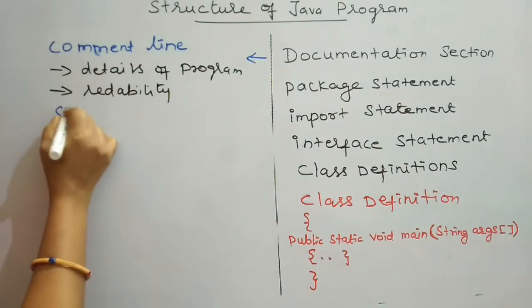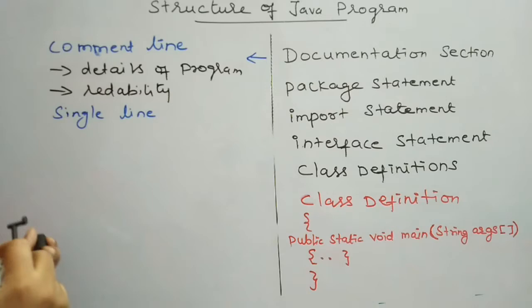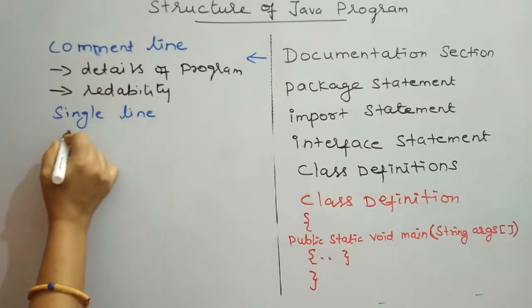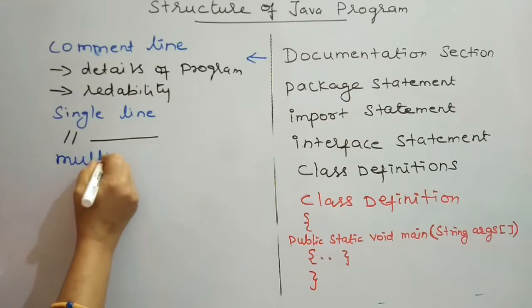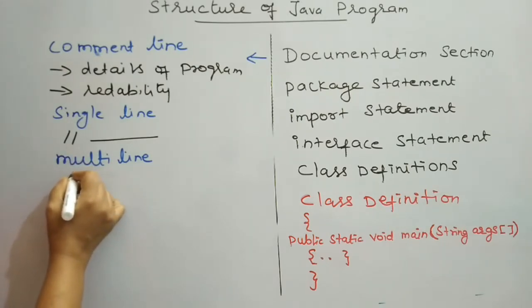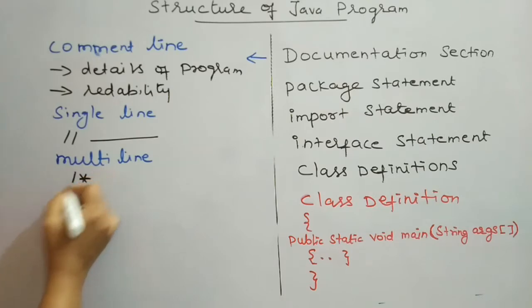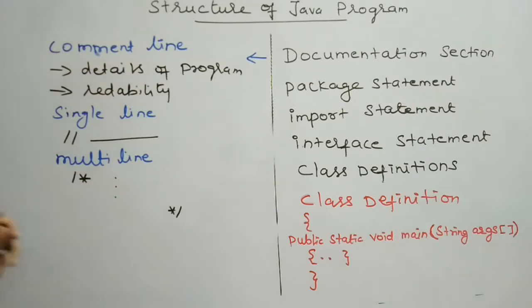First one is the single line comment. If my comment is a single line, it is started by 2 forward slashes, then I can include my comment line. Second one is the multi line comment. If my comment spans more than one line, before writing the comment statement, start with a forward slash and a star, and then you can include the multi-line comment. At the end, it has to be ended with a star and forward slash. In the middle, we can include all the comment lines.